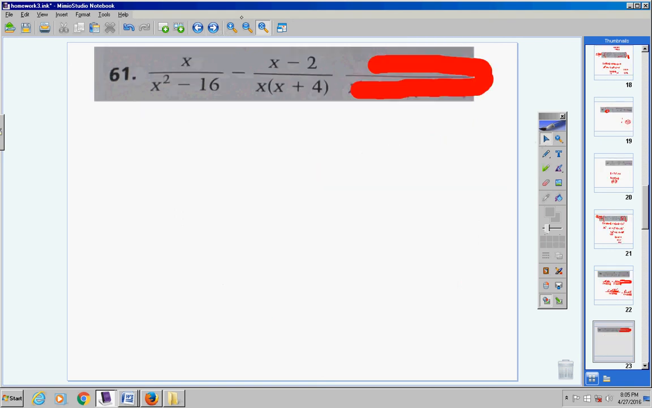Okay, we have to find a common denominator because we're subtracting fractions. However,